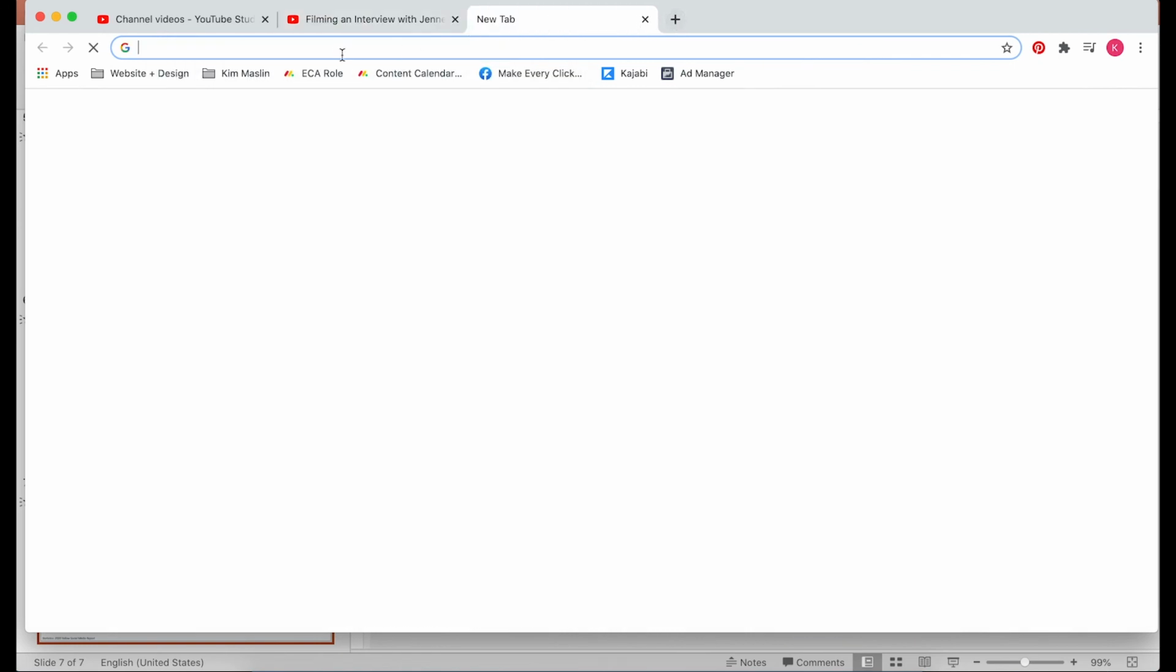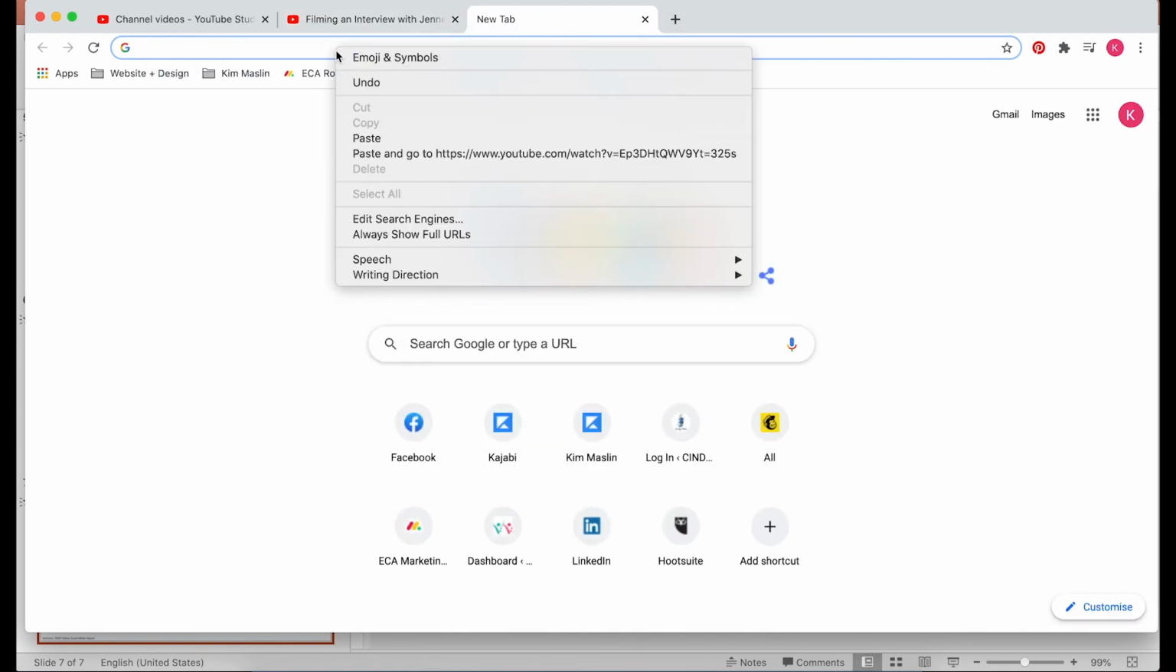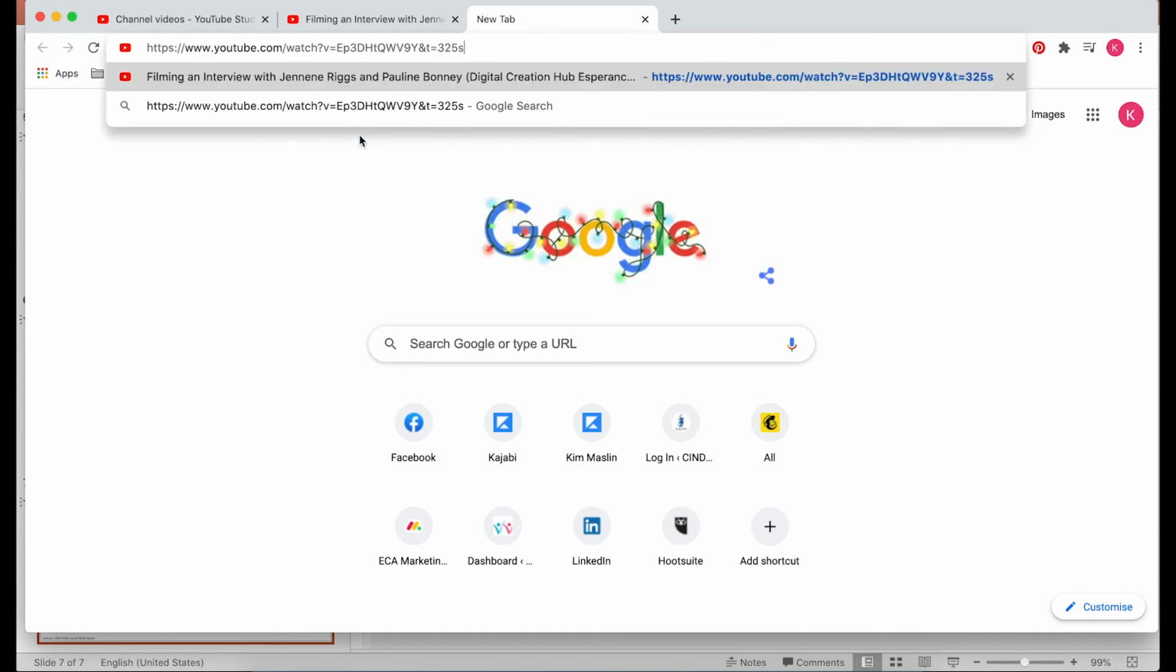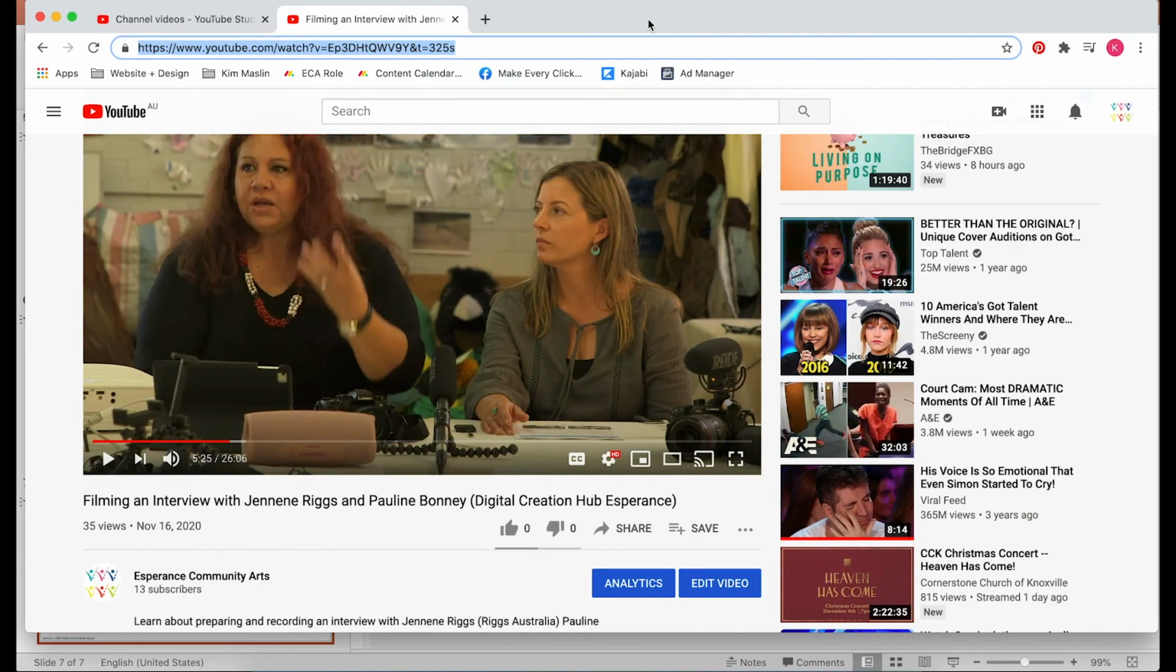Okay, and we can then paste that text and go to it, and we're taken to that video. So that link could be sent via email. It could be uploaded to Facebook, anywhere you like. Anywhere you share that link, someone will be redirected back to this page. The other thing you can do is click on this share button here,